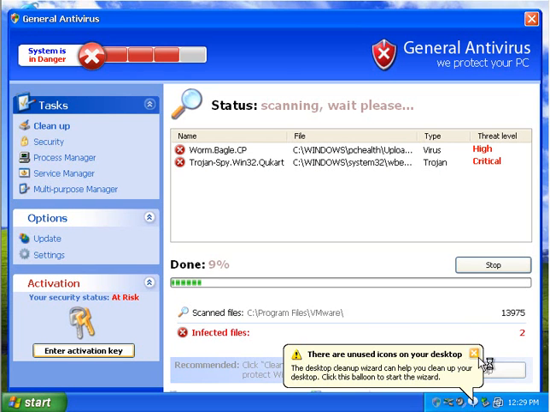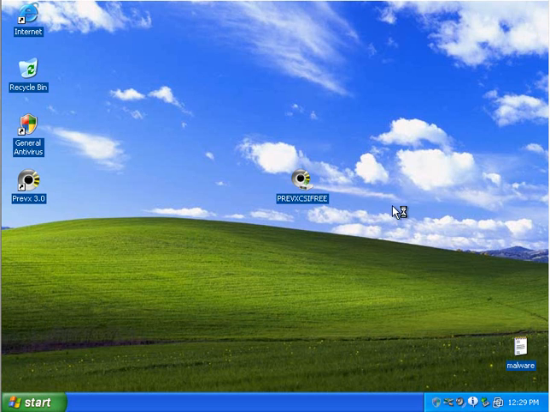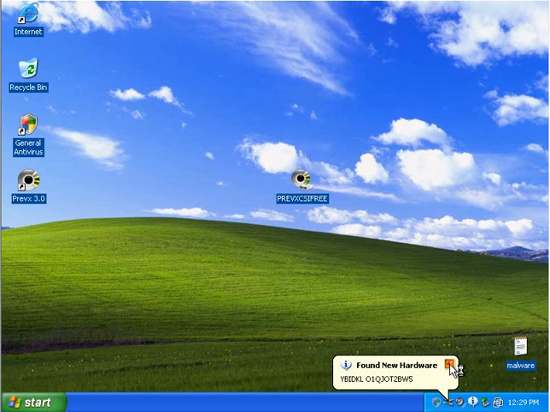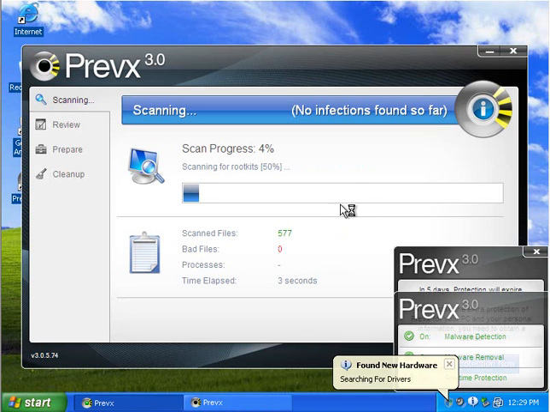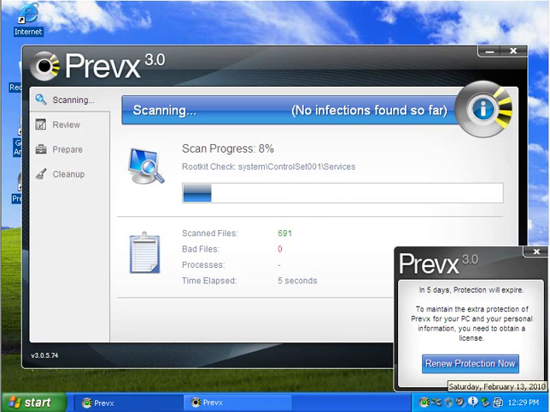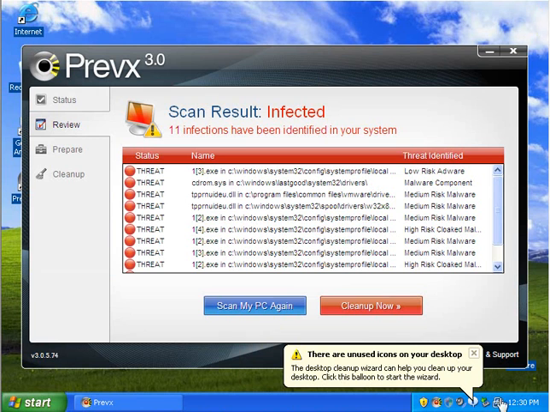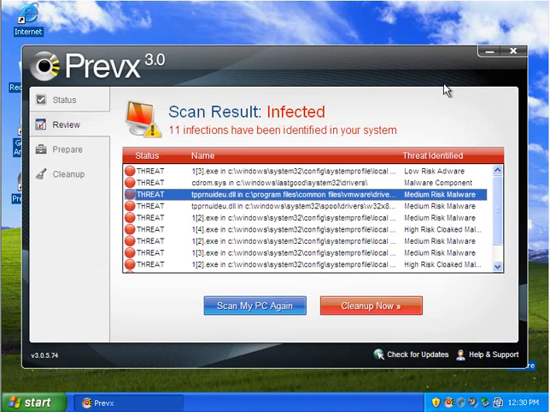So I see general antivirus as we load back up here. PrevX has not started yet. There we go. And so it's going to run a scan, and I'll be back when this scan is done. So we've got a bunch of threats here,